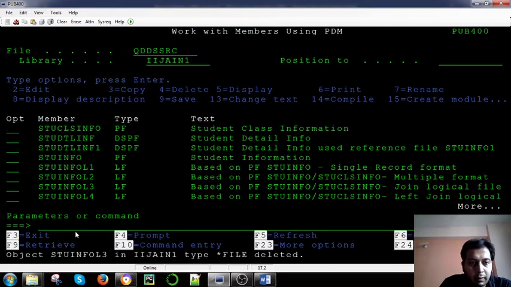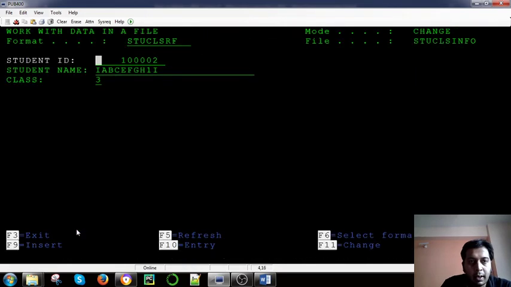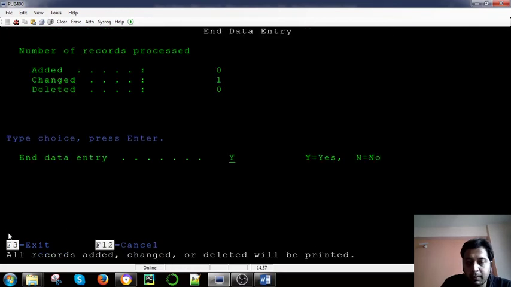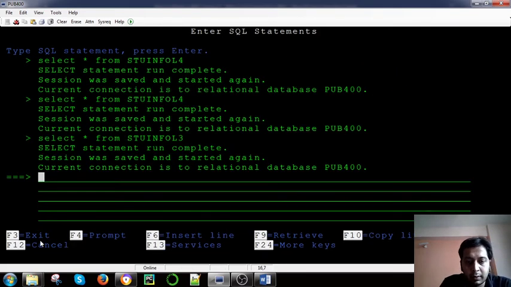Now I update the file inf2, and my student file is student cls inf. Now I want to change this file, so I have changed this record and am just updating. Okay, now I want to run that file which I have changed.